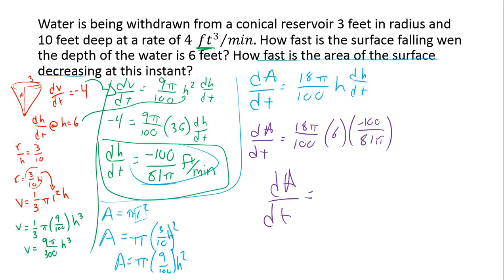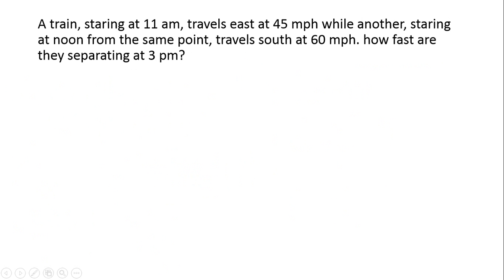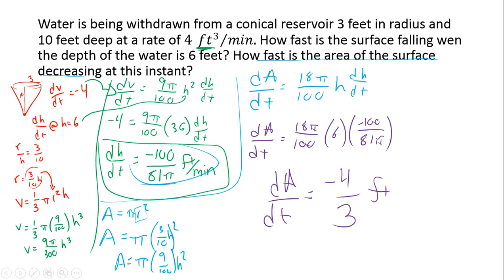If you were to multiply, the hundreds cancel, the pi's cancel, leaving us with 6 times 18 all over 81, negative, which would get us a negative 4 over 3. And then our units for this one is feet, and since we're dealing with area, we square the feet, and then it would be the unit of time, which would be minutes. So the change in the surface area at this time would be, it's decreasing by 4/3 of a square foot